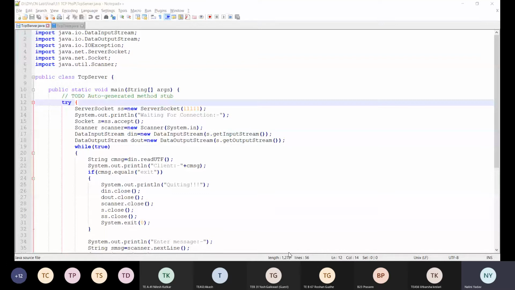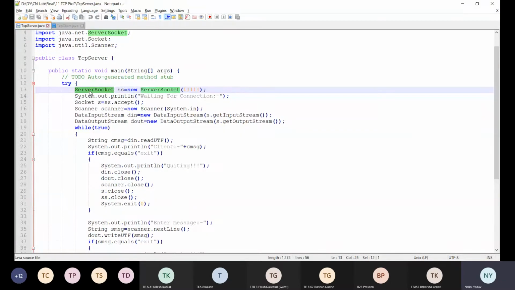So first, let's look at the TCP server. As we have already discussed, when we are creating a server, we are supposed to call the API ServerSocket with a port number, correct? So this ServerSocket is going to create a server. It creates a socket, then implements the functionality of bind, and then the functionality of listen. We have seen the Berkeley socket, where I have given a few functionalities that we already discussed while covering TCP sockets using C and even in the theory lecture.